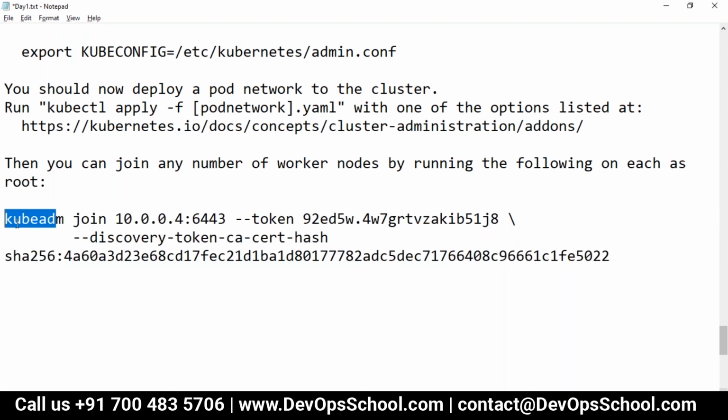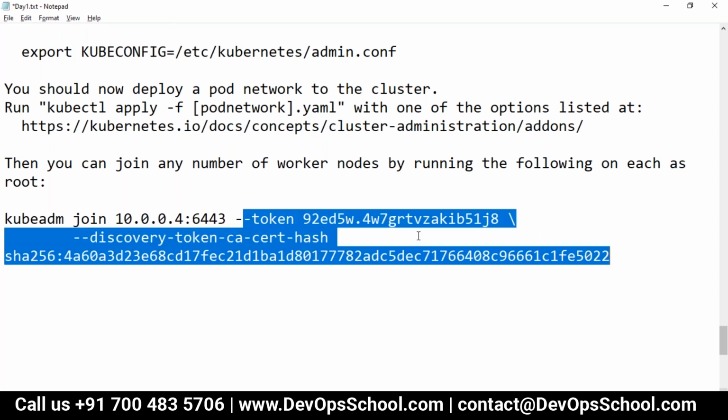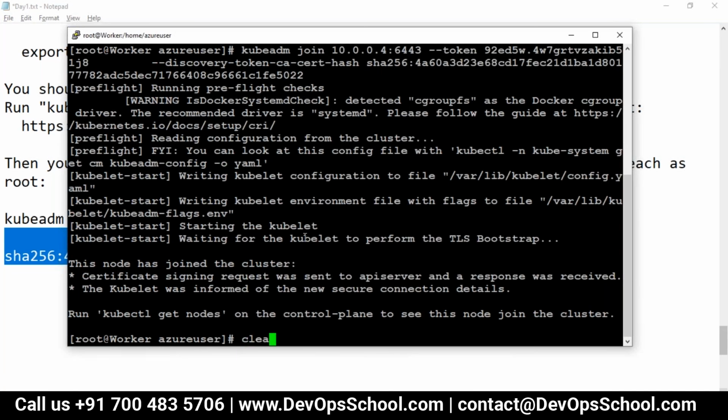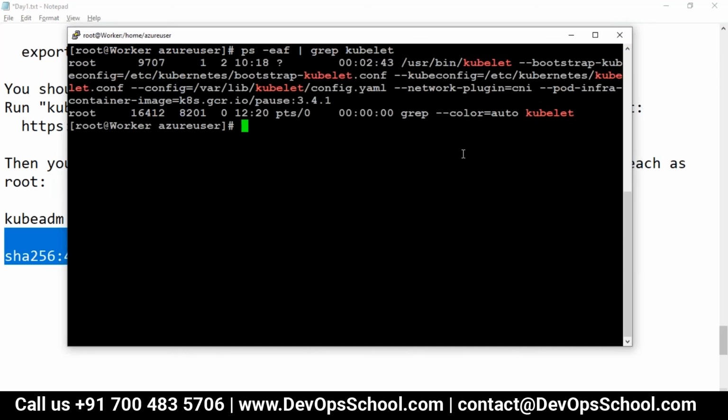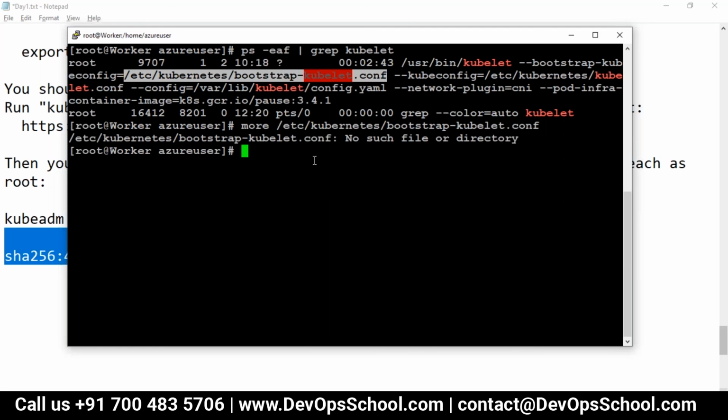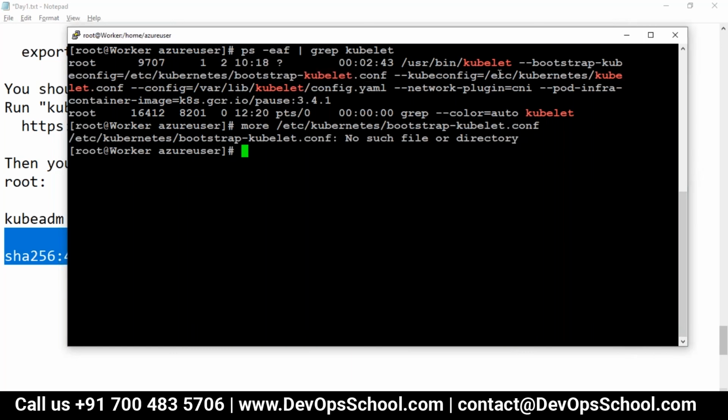So you are saying kubeadm join to the API server with this token permission. That means the kubelet will run on the worker machine, and it will write one file. If you look here, I'm just showing you the kubelet configuration. See here, kubelet is the utility, and it reads this file. And if you go, this file has been written. Am I running the right command? Okay, that file seems not to be available, but not to worry. Let's look at the other files.